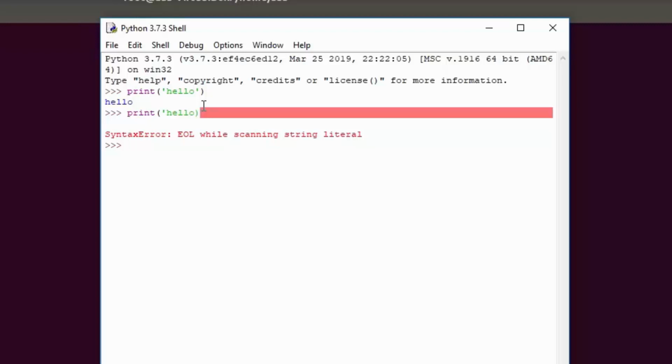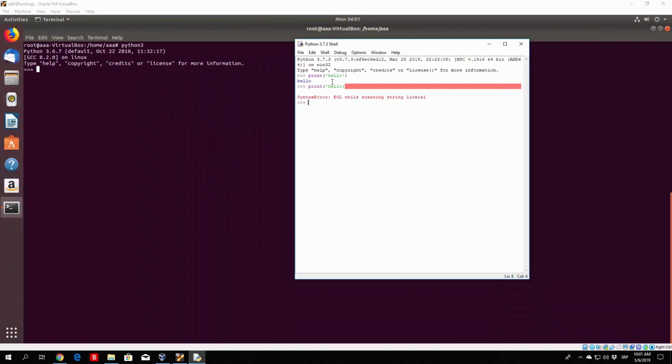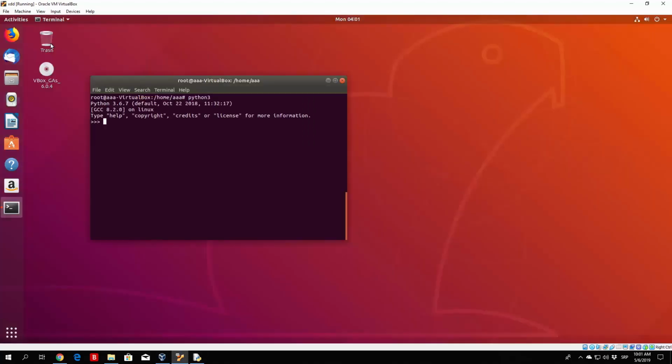So in order to open IDLE, I already told you, you can just go to the start, type IDLE and open the IDLE for the version you want. On Mac OS, you open IDLE by opening Finder, clicking on Applications, and then Python 3, and then on IDLE. In Ubuntu, you can either type it like this, just type in your terminal python3, or I believe, let me just check right here, if you go to the